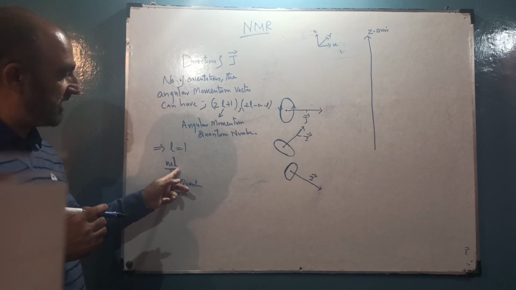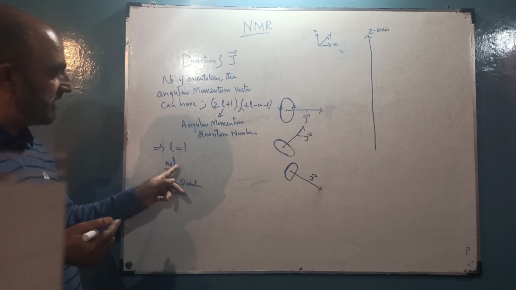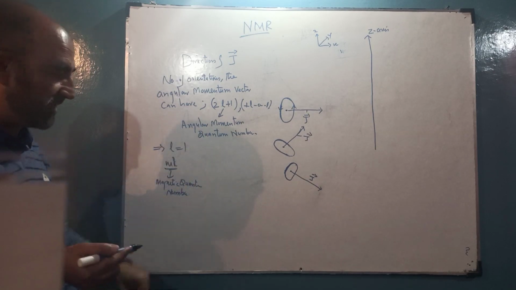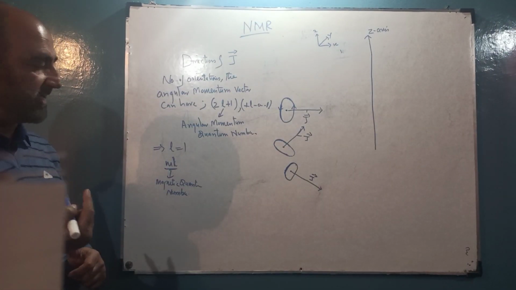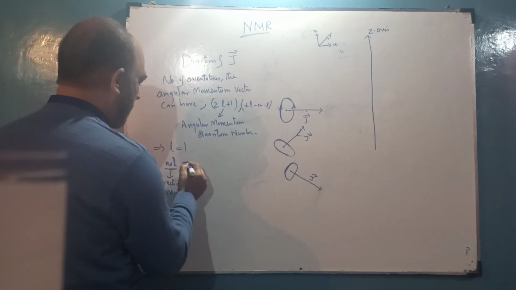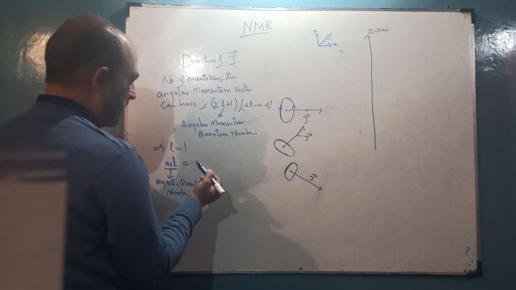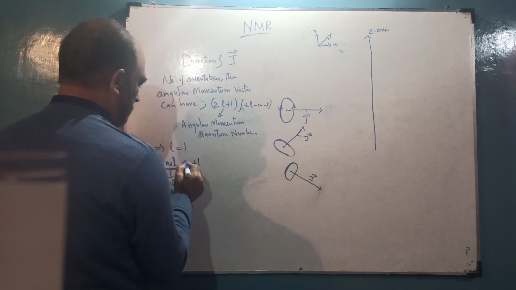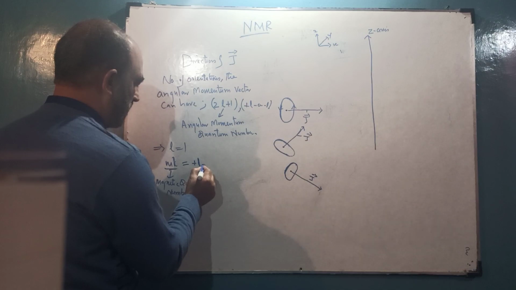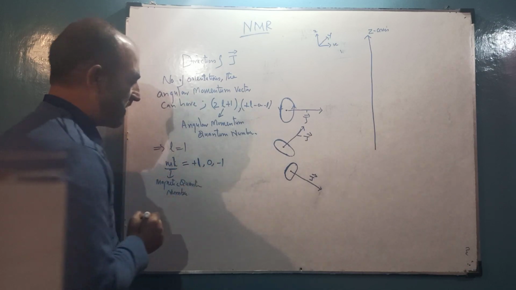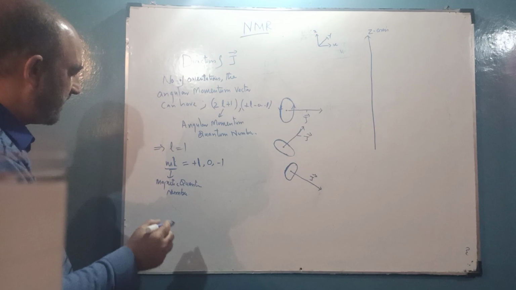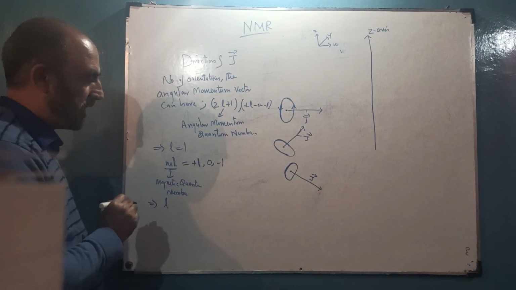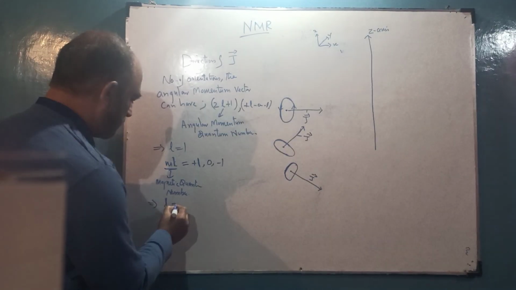And it can only take this ML value, as I told earlier. How many orientations can this ML value take? It can take 2L plus 1 orientations, starting from plus L to minus L. So if L is equal to 1, then ML can have only 3 values: plus 1, then 0, minus 1. In the same sense, if, for example, the value of the angular momentum quantum number L is 2,